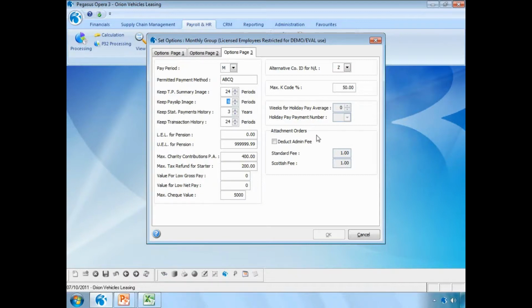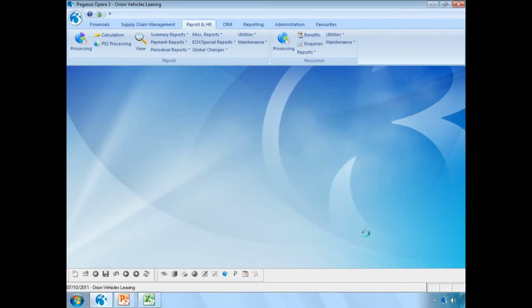It also allows you to go through and identify holiday pay. If this was, for instance, a weekly payroll, I might set it to calculate the average pay over the past 13 weeks and use that as the basis for calculating the holiday pay. If we have a look at the NI tables,